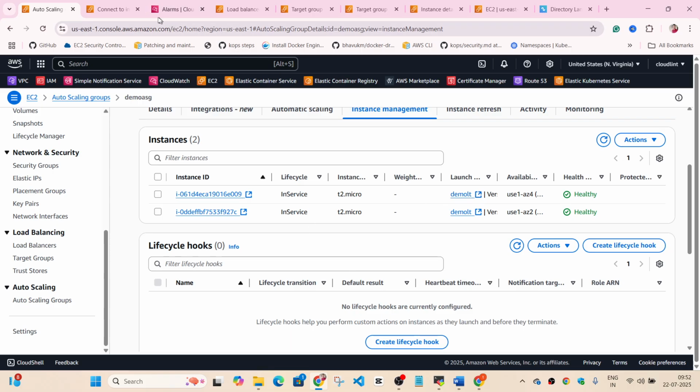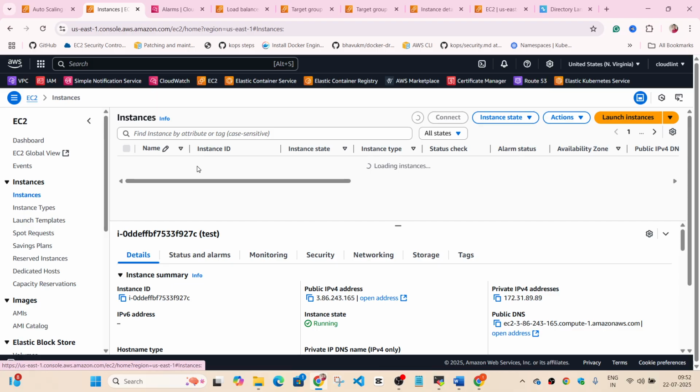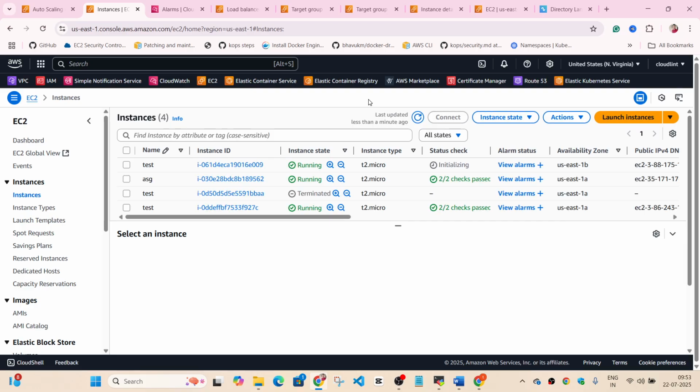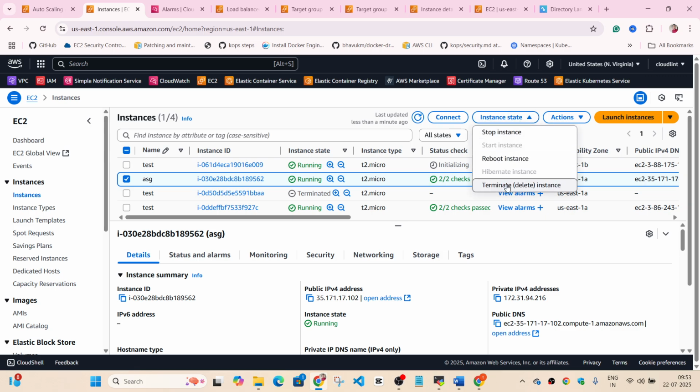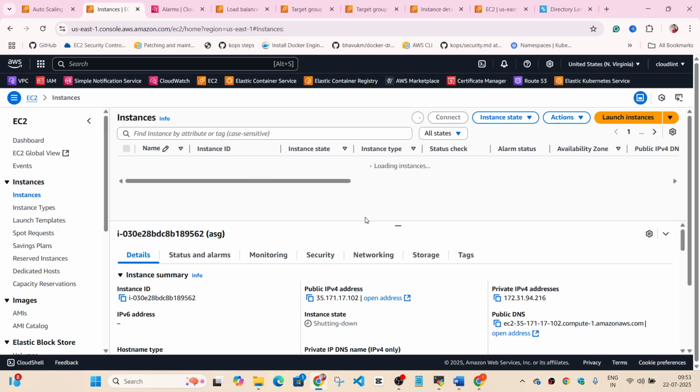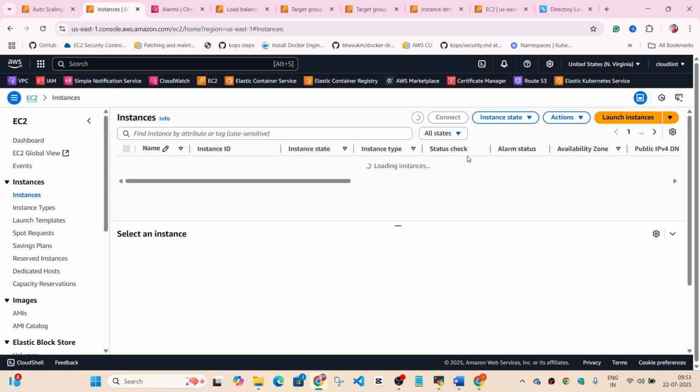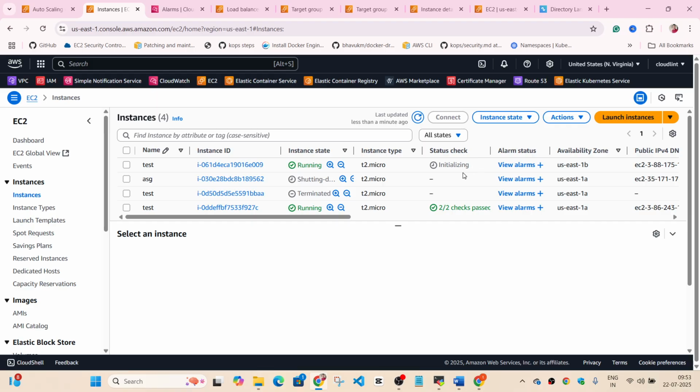And the earlier instance, if I go to instances here, this I can remove, this I don't need. Terminate, terminate. This is the older instance. So the two instances that are there are these two. Apart from the one that I was using to do all the configuration and the stress test, I have another instance created. So you can see the status check is initializing. It's still not 100% ready, but this is how the scaling event got triggered.